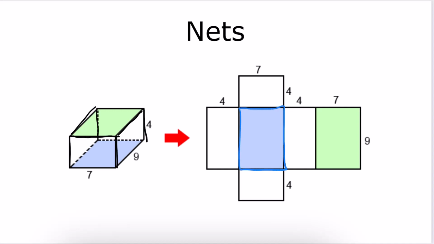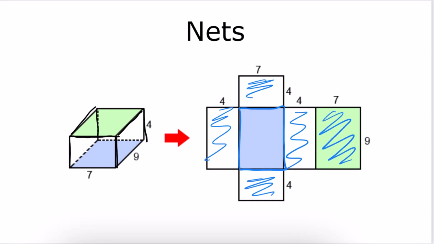And then when you unfold these 2 sides of the prism, you get those rectangles. When you unfold the front and the back of the prism, you get these. And then this is the top of the prism. So a net is basically if you were to unfold this three-dimensional object and make it like a flat piece